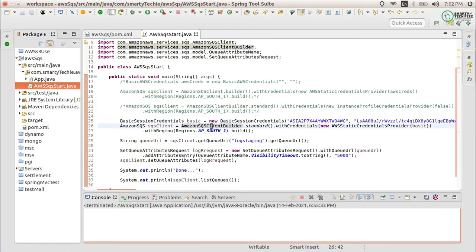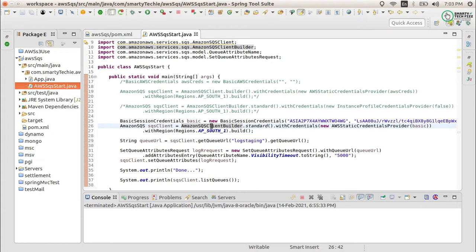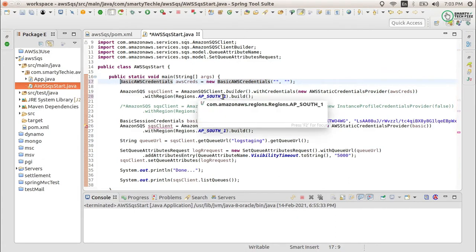We will first see how to start with the SQS client, how to start working with the SQS service. So firstly, as I said, we have to create the SQS client. How can you create a client? Let me tell you, I am going to show you three ways of connecting the SQS client. Okay, the first way is this. This is the way when you have credentials on the AWS servers for SQS.